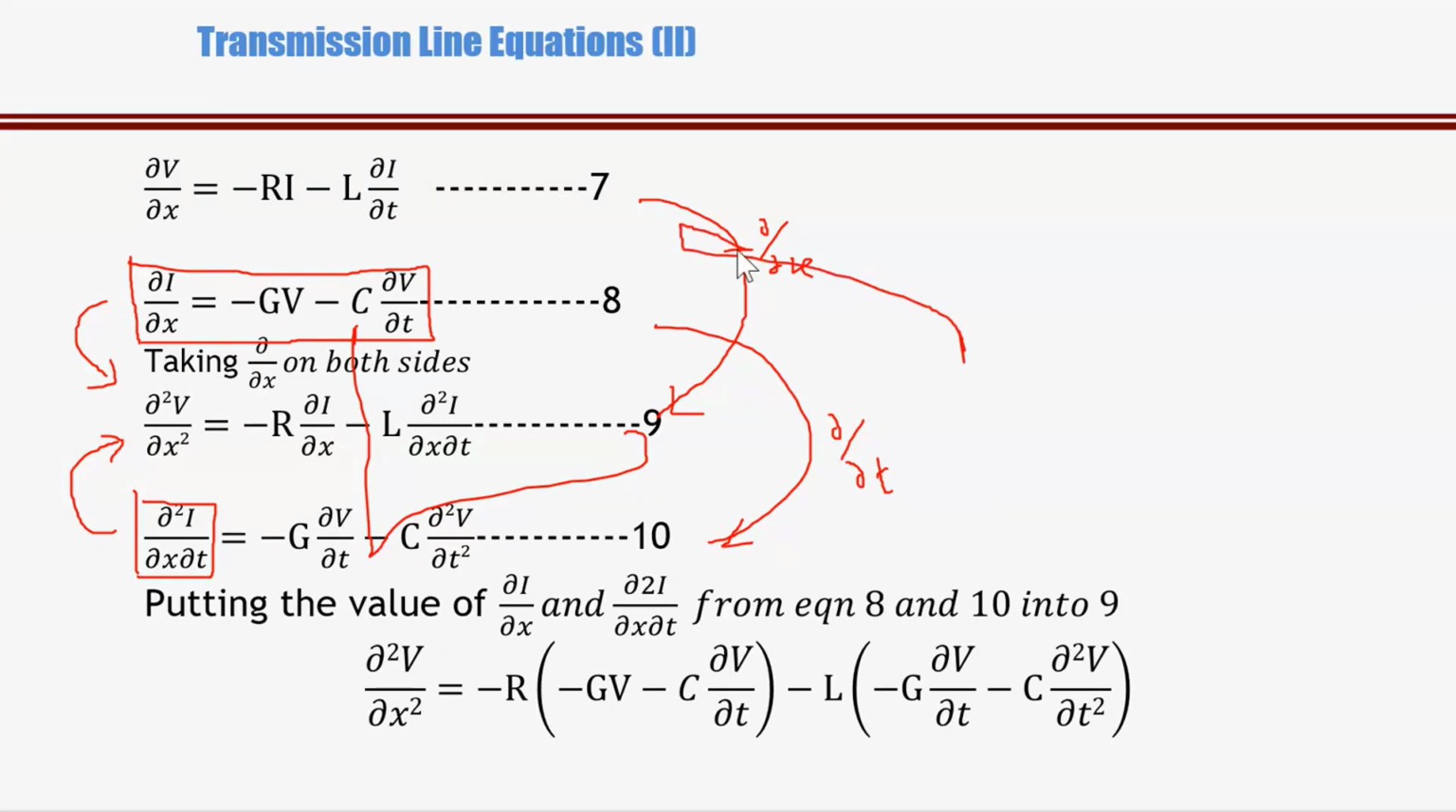Or we have to differentiate equation number 7 with respect to t, and we have to differentiate equation number 8 with respect to x. Now we have to do the reverse, the differentiation opposite to what we did earlier, and then we can put the value in dou 2i by dou x square in equation number 8. So differentiating equation number 7 with respect to t and equation number 8 with respect to x, and putting those values in equation number 9,